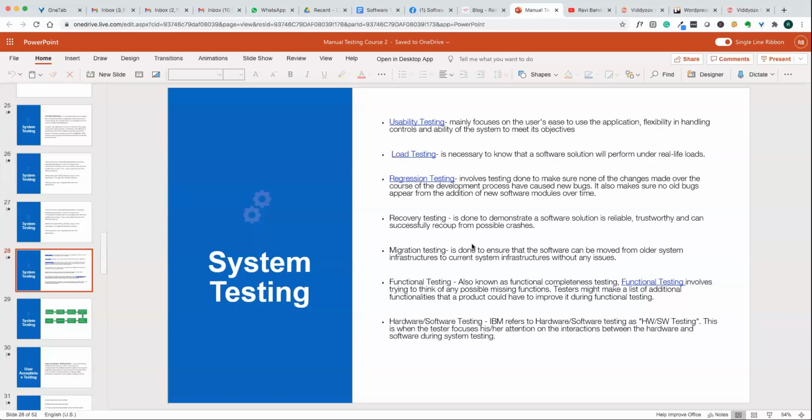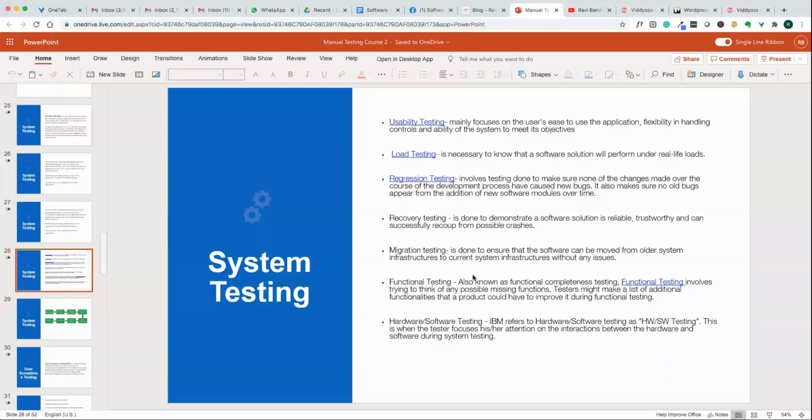They probably turn off the system or remove the internet or network connection, then restore the connection and see how the software works. It's supposed to recover any data loss, or come back to the same original state the software was in before. That is called recovery testing. These are all part of system testing. When somebody says system testing, all these testing techniques come under that. These are only some of them. There are different types, but these are the main ones.